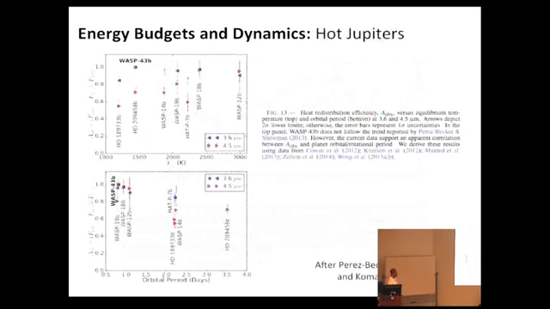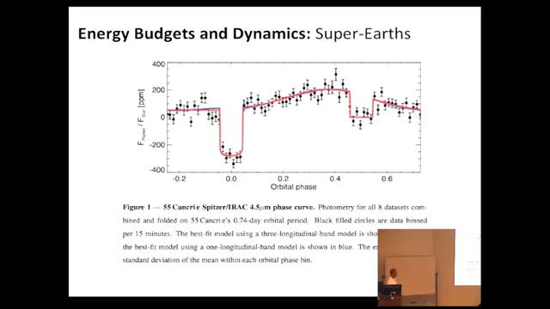These are all hot Jupiters, but recently there's been the result from Brice Demory and collaborators looking at thermal phase variations with Spitzer of a super-Earth. And this is 55 Cancri e, orbiting a very bright star, a very highly irradiated super-Earth, roughly 2 times the radius of the Earth in size, equilibrium temperature on the order of 2,000 Kelvin, maybe even higher. This is a very difficult measurement to understand